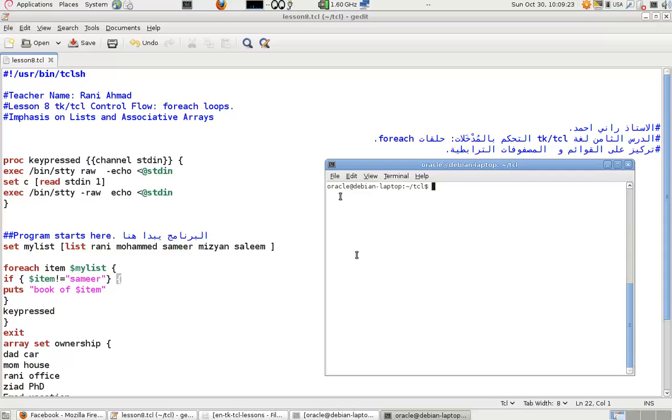Foreach is a command that's used to loop over and repeat a number of Tcl commands, for a number of times, of course. And it's usually used on lists and associative arrays. Foreach has an important difference with respect to the for loop command: you don't need to know the length of the list or the associative array, so you don't need to know how many times you should loop over your list or